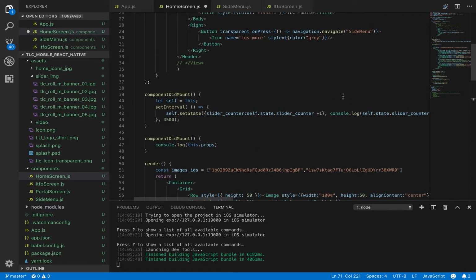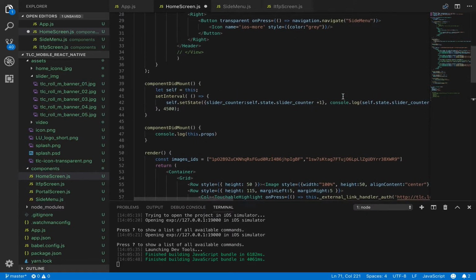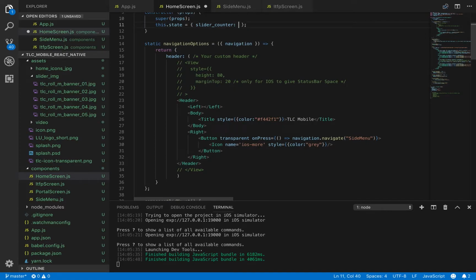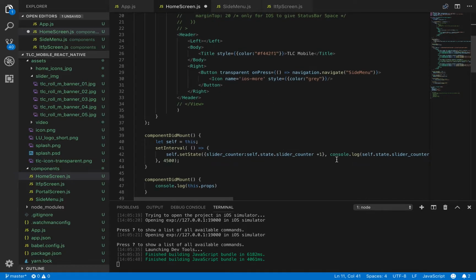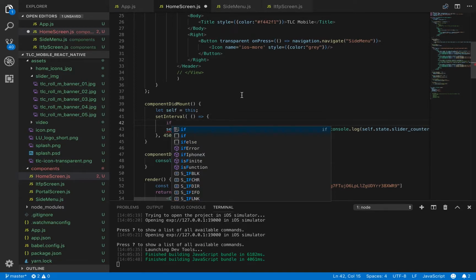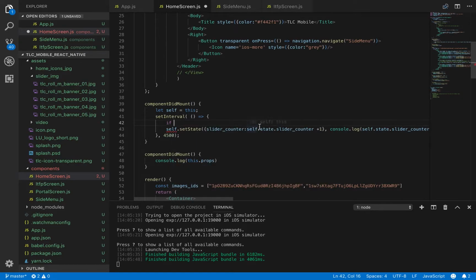Actually, let me make it 0 for the beginning in the initialization, and then we add 1 afterwards, right? And we also want to make sure our counter doesn't exceed the images we have in total. So if this is greater than 2, then